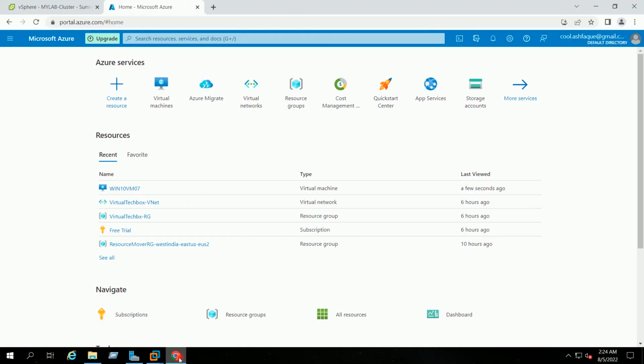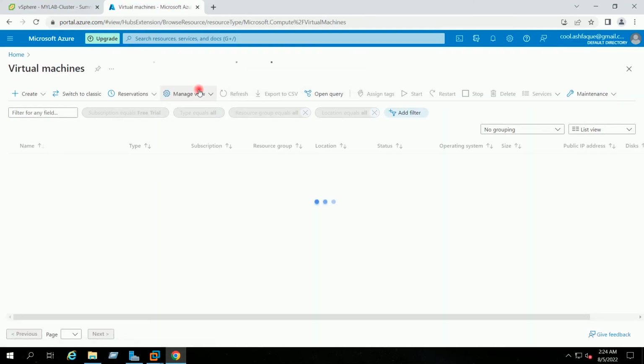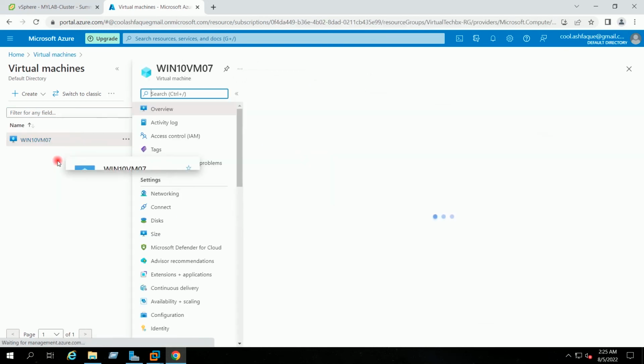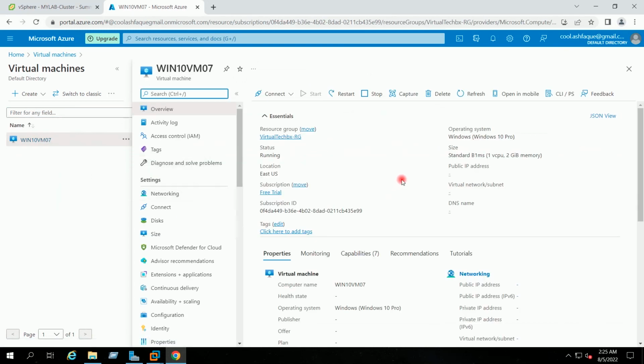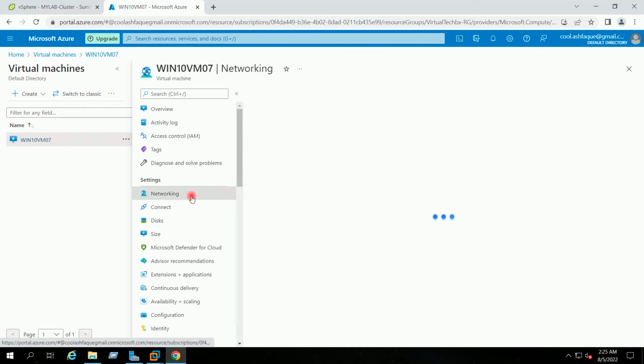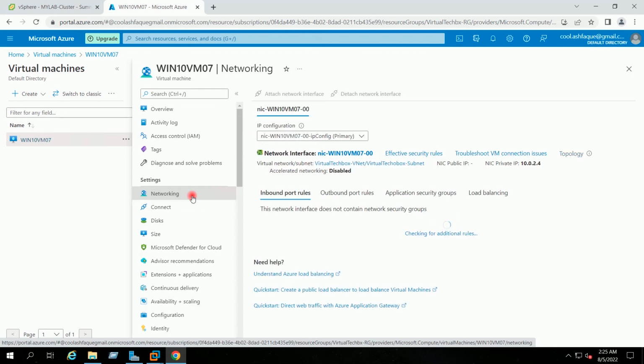I will go to portal, I will go to virtual machines, I will select our Windows 10 virtual machine. I will do the refresh here, and you can see this is the private IP of our virtual machine. I will go to networking on the left side. I will select the NIC.